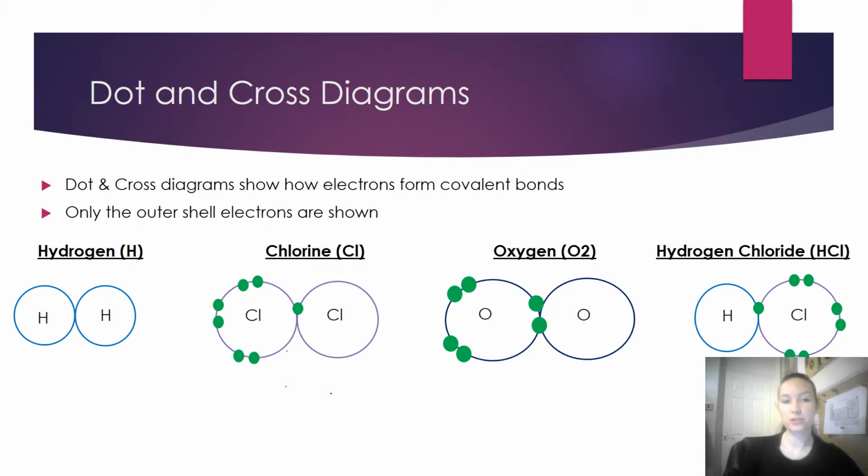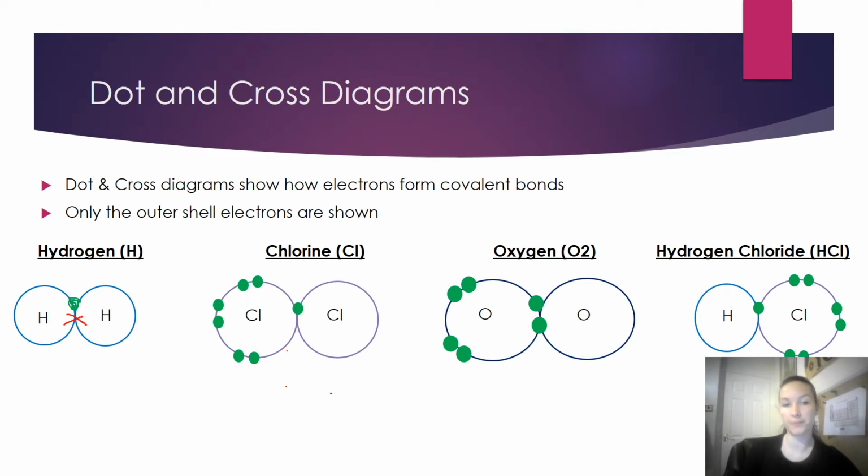As we know, hydrogen doesn't follow the octet rule, it actually follows the duet rule, so instead of needing 8 electrons in its outer shell, it only needs 2 electrons in its outer shell to become stable. So I'm going to draw the first hydrogen electron as a green circle, and the electron from the second hydrogen atom as a red cross. Therefore, each hydrogen atom is sharing an electron, making their outer shell number 2 electrons, therefore becoming stable